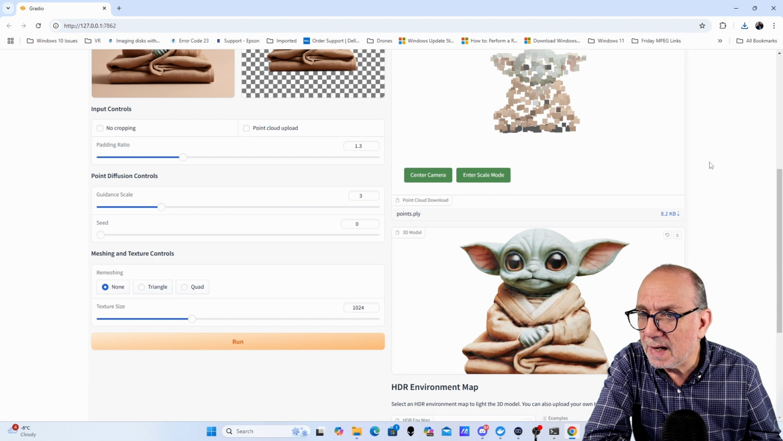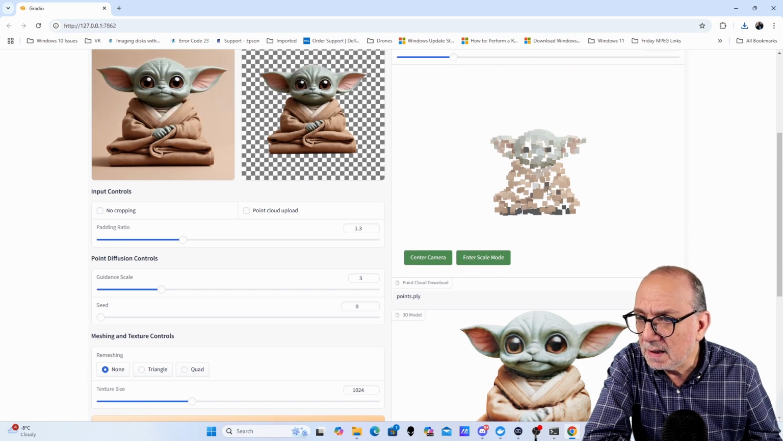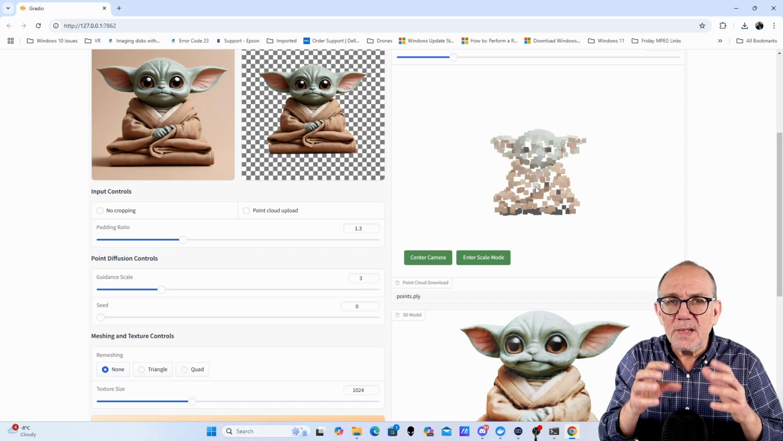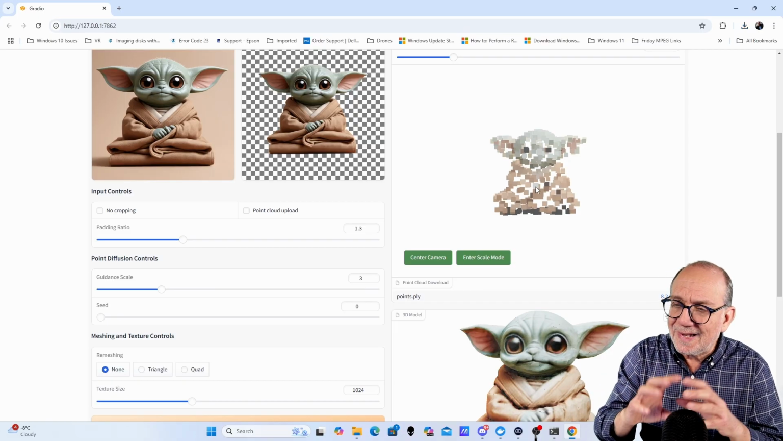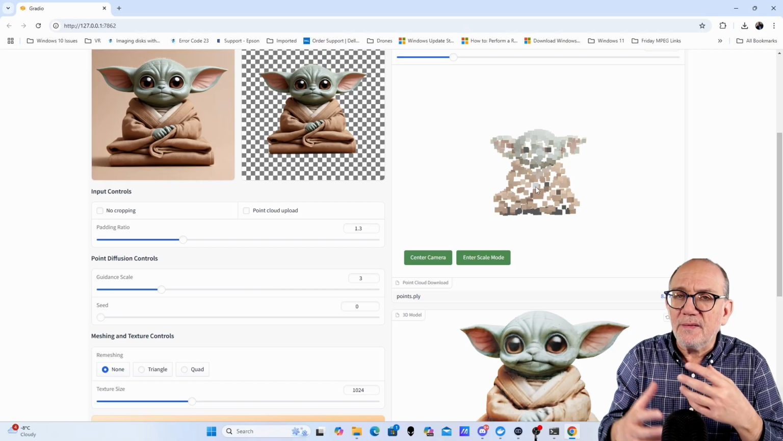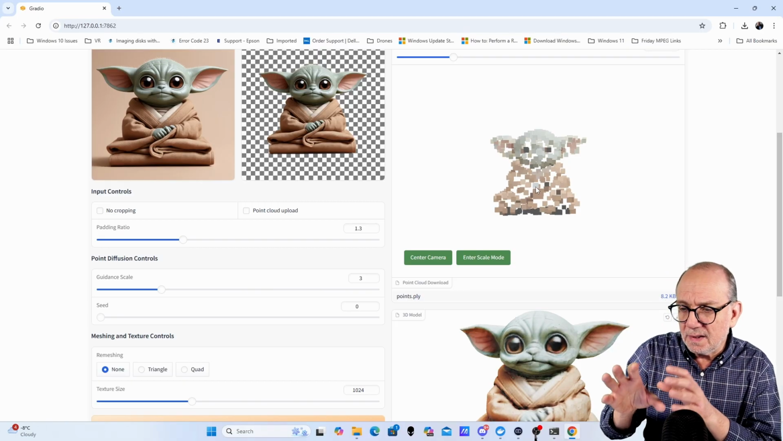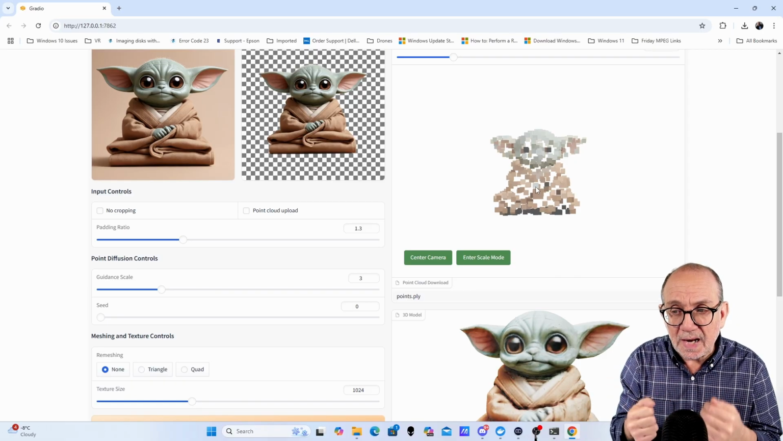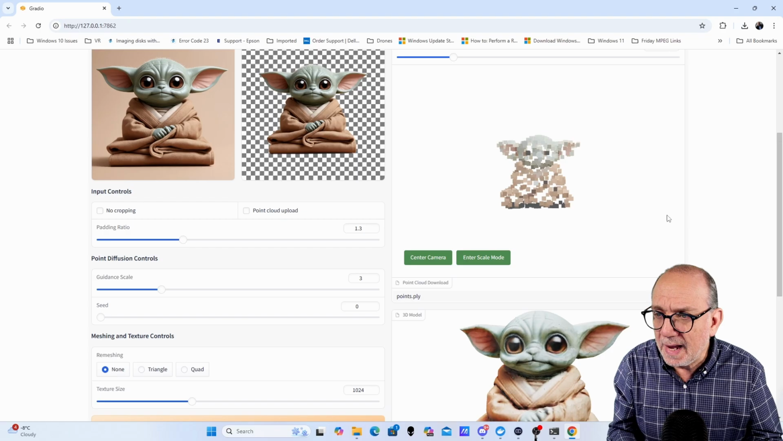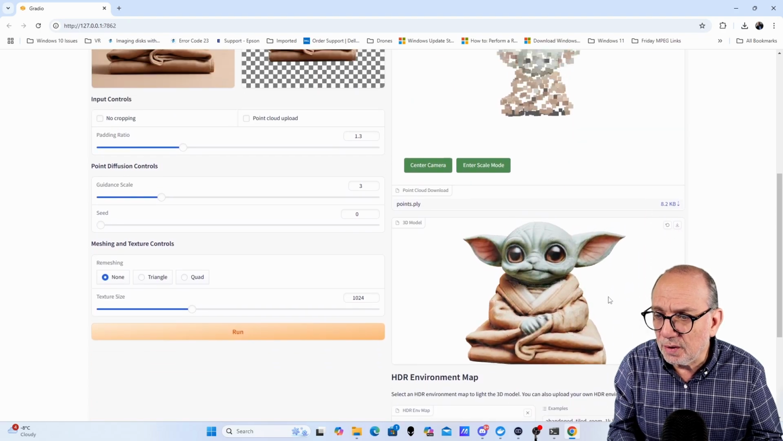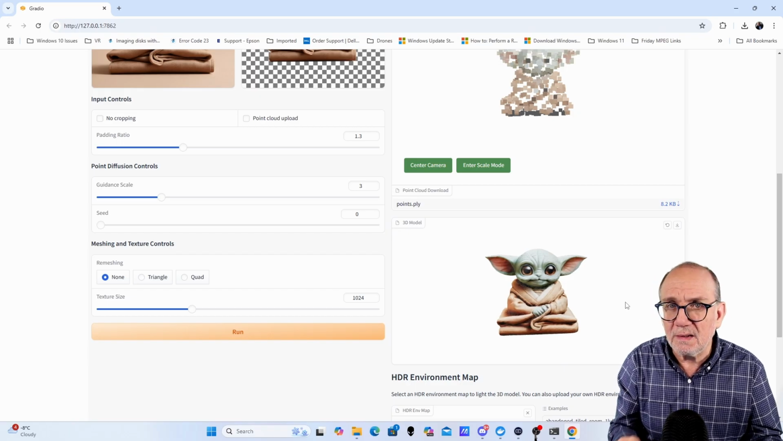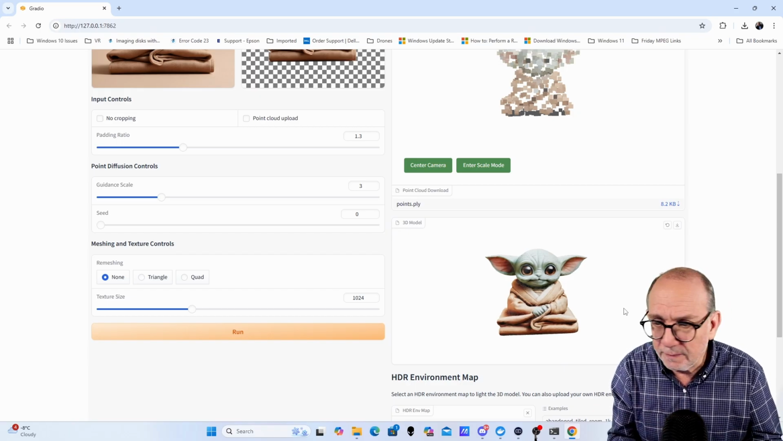And here's the point cloud, and we can modify the point cloud if we want. I'm not going to do that here, but suffice it to say, what this particular model excels in is the fact that you can modify the 3D output and make it look exactly the way that you want it to look. And also, it is lightning fast, so if you are concerned about time, this is definitely the model that you want to work with. So let's download the mesh,